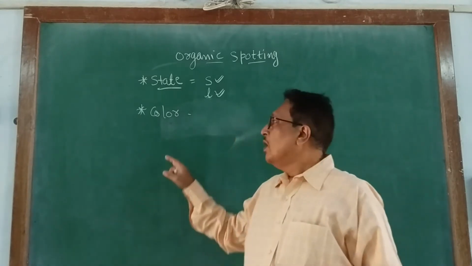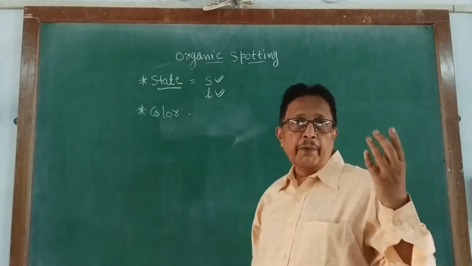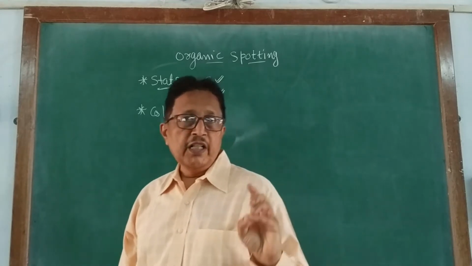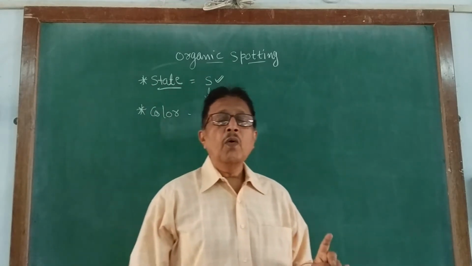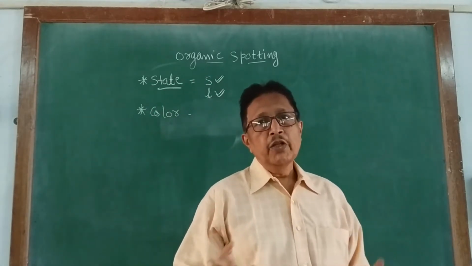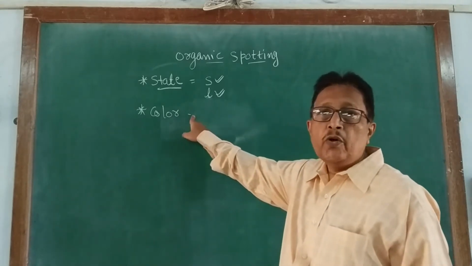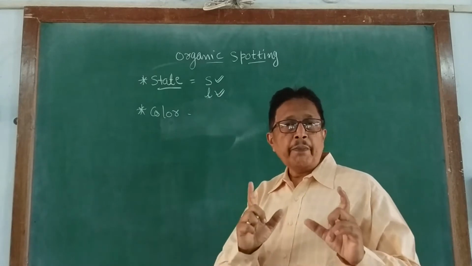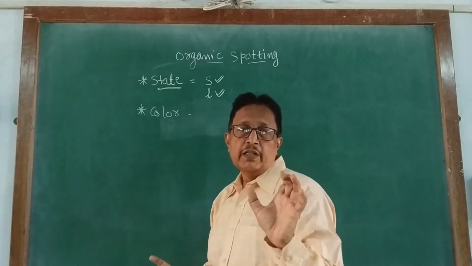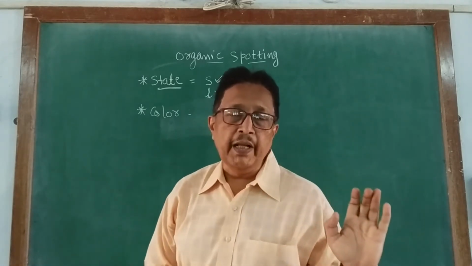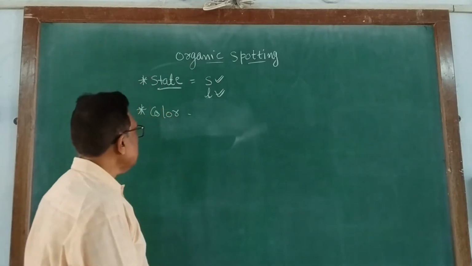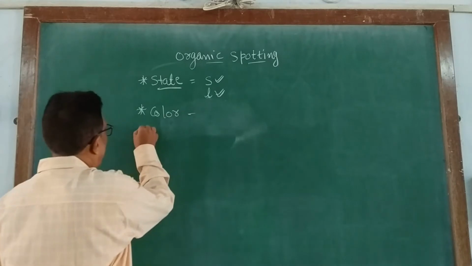The color of the substance may be colorless, yellow, pink, brown, whatever type of color is there, you must write it on your own. Don't ask anybody. This basic idea should be there, that I don't have to ask anybody, I have to write it on my own. So color. After that,